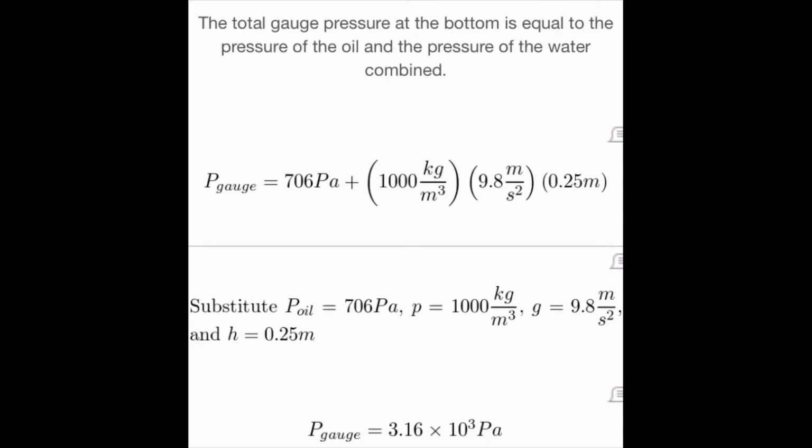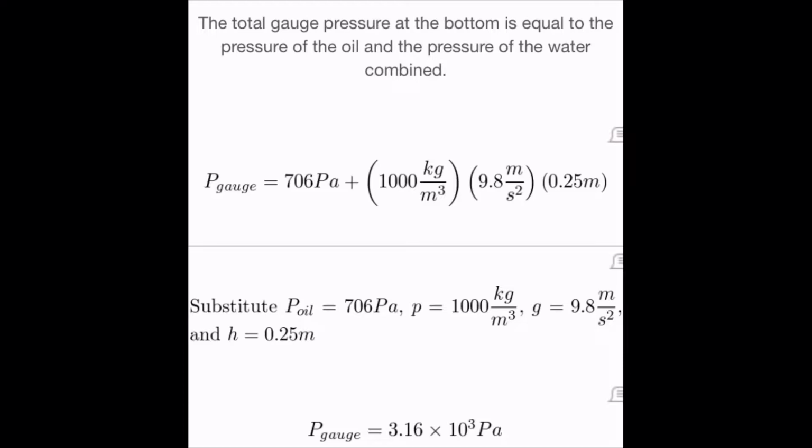Now, for the total gauge pressure at the bottom of the barrel, we can solve this by equating the total gauge pressure to the sum of the pressure of the two liquids. We already have the pressure of the oil. Now let's solve for the pressure of the water. We are going to do the same thing when finding the pressure of the water. We know that the density of water is 1000 kilograms per meter cubed with the height of 0.25 meter and the same gravity of 9.8 meters per second squared. Multiplying it all up, we would get